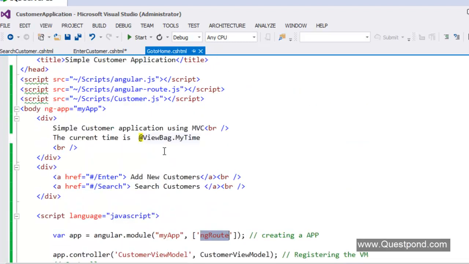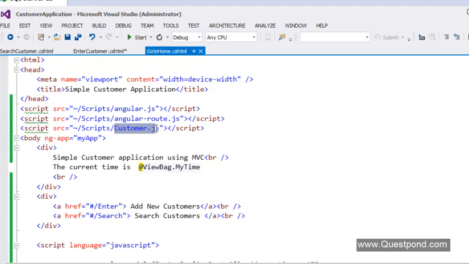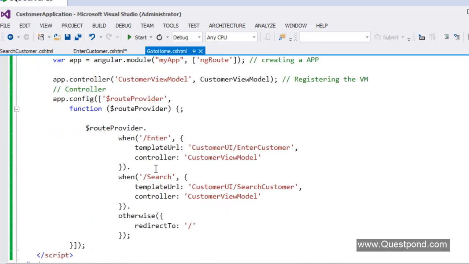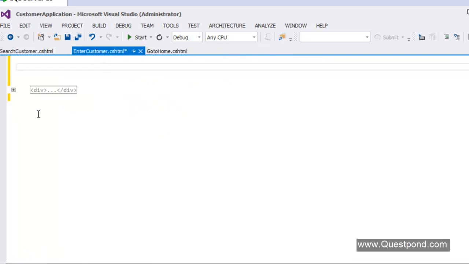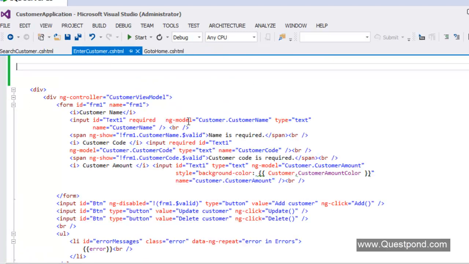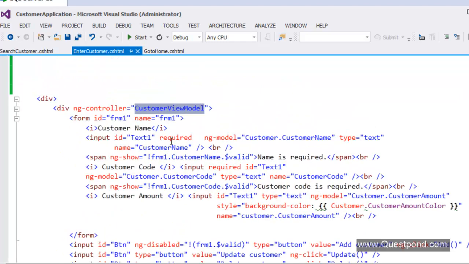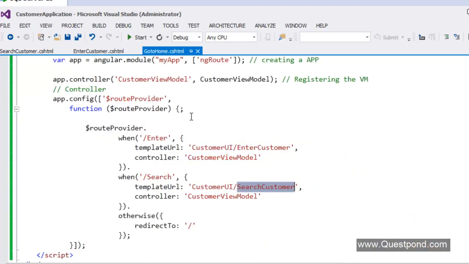Even the customer.js file I have moved here, so everything is right here. And then depending on the situation, it loads either the enter customer or the search customer. And in enter customer, I just have this div tag here. It is just expecting the customer view model, and this customer view model is supplied from here.